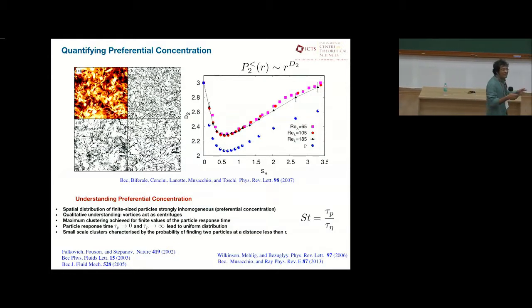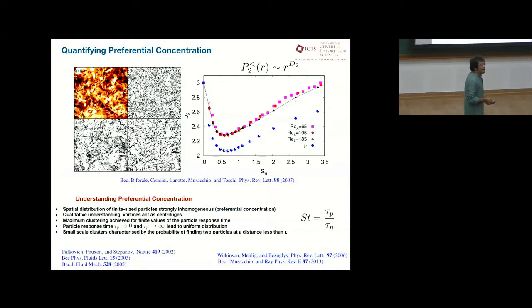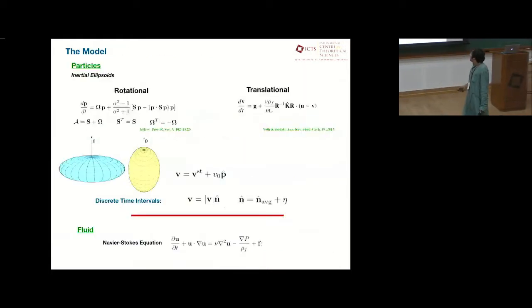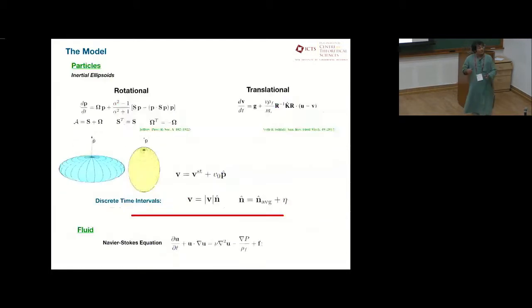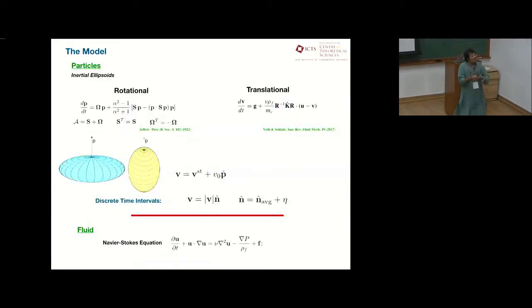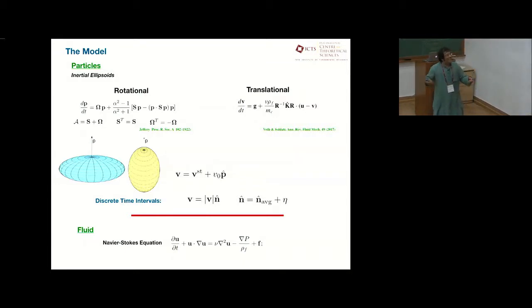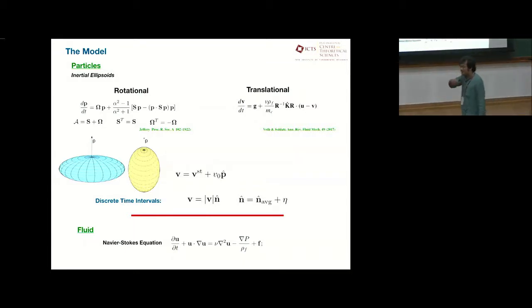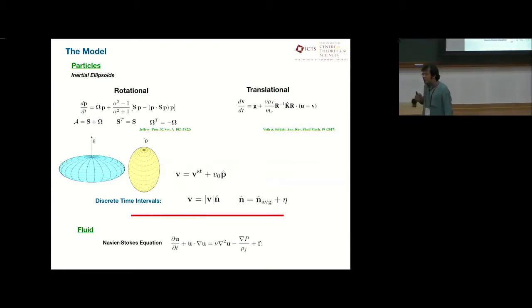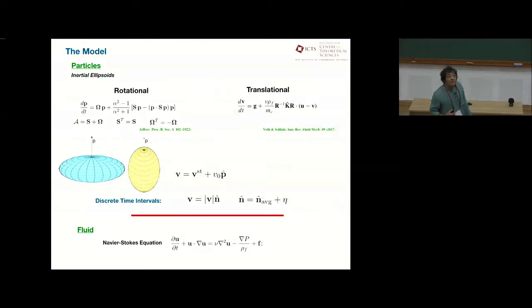So this was the naive game that we were playing, and now I'll try to make this model more realistic. The danger is that in trying to artificially make this model more realistic, I run into more difficulties, but let me nevertheless stress what we are doing. Our flow will be a solution of the three-dimensional Navier-Stokes equation. So it will be a fully turbulent flow, and we are going to choose Reynolds numbers which are close to what you find in the deep sea.